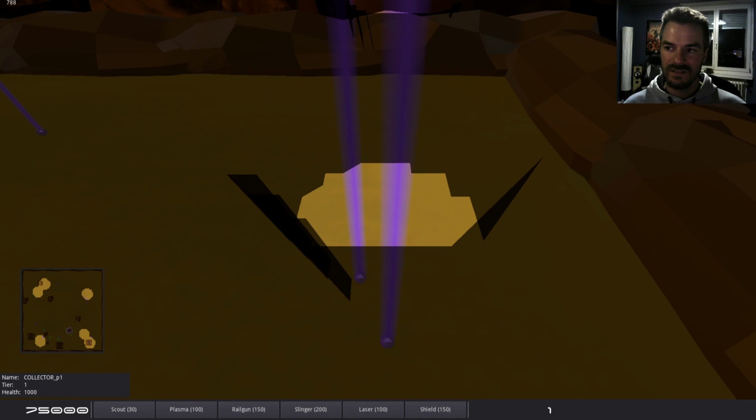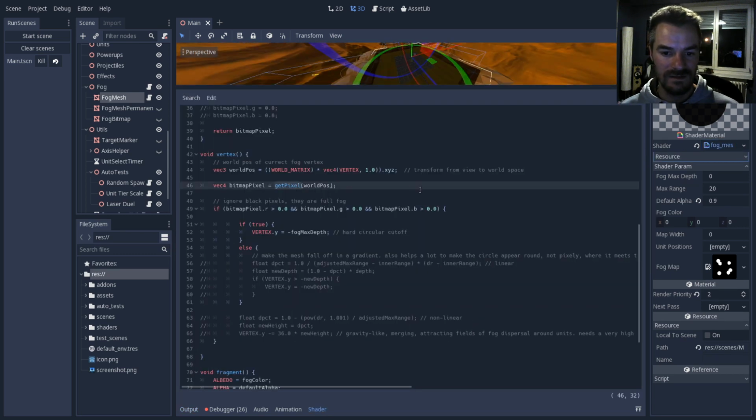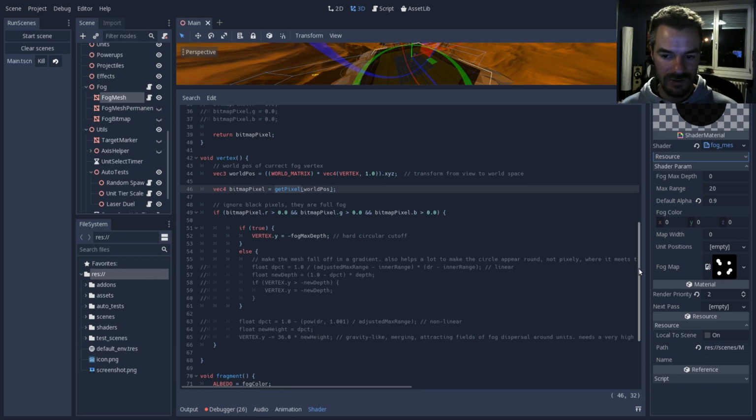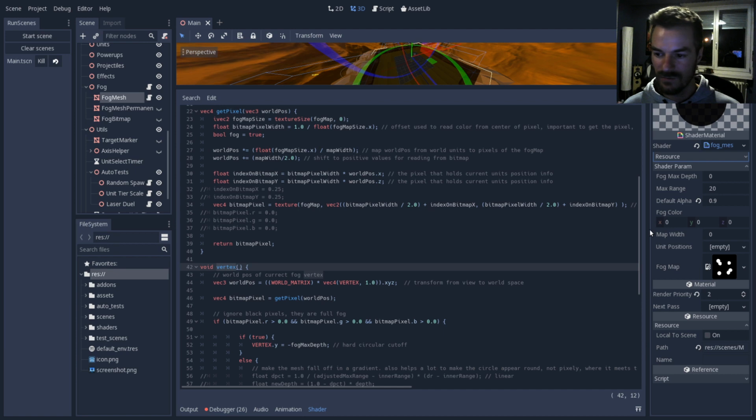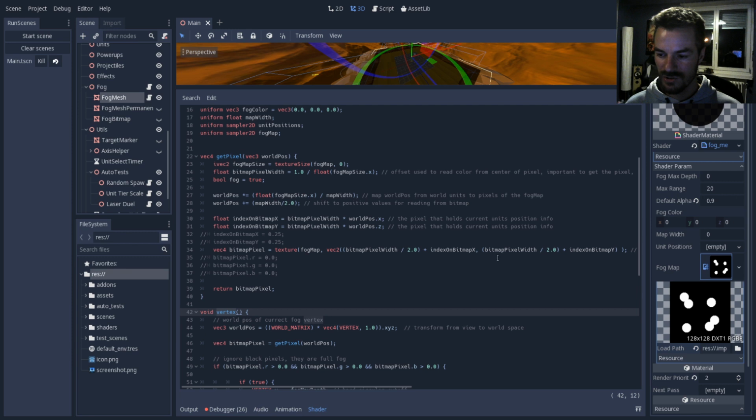Let's switch over to the editor, and in the editor we can see that now for the dynamic fog we have another input, a bitmap input to the shader, and what does the shader do with this? We will just get a pixel calculated from the world position of this vertex that the shader is processing currently. Get pixel will read a pixel from this input bitmap in such a way that